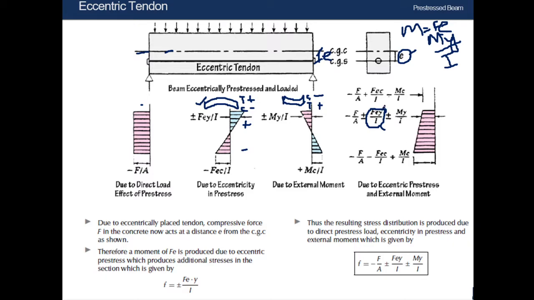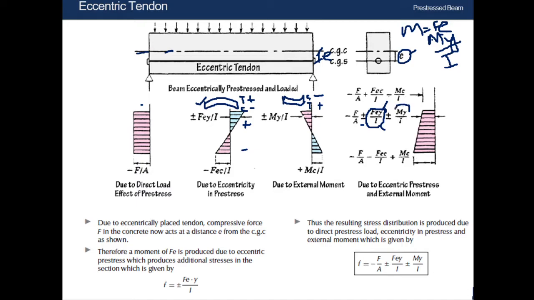So this term will be added in this formula. So Fey by I, plugging the value of M here, Fey over I. So we are getting it here why the plus minus sign has been used before the Fey over I portion. We can see from this section that due to the pre-stressing of an eccentric tendon, tension will occur in the upward or topmost fiber and compression in the bottommost fiber. So as both positive and negative stresses will come, we are using positive and negative sign in our formula,